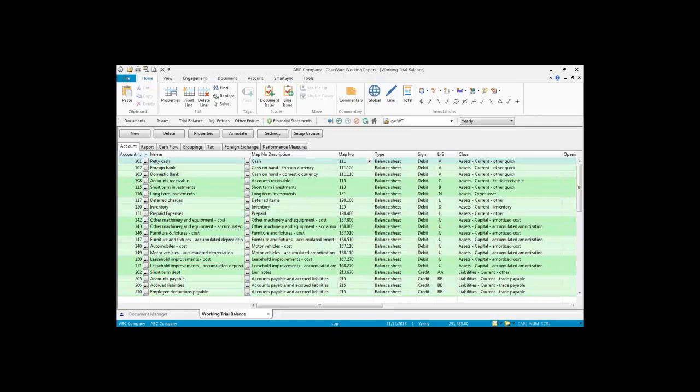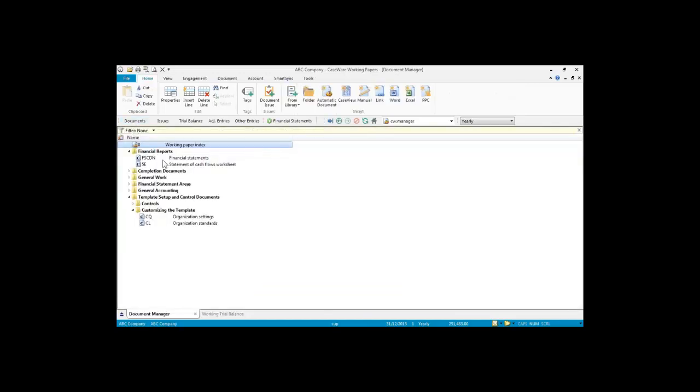So, should you add a map number to an engagement file, for instance, we need to make sure that we add that same map number back to our master template. Now, that's just an introduction. We're going to be talking about that concept throughout today's demonstration, as it is the mapping that controls the automation of your line items. Now, if we go back to our document manager, as I mentioned, all of the documentation